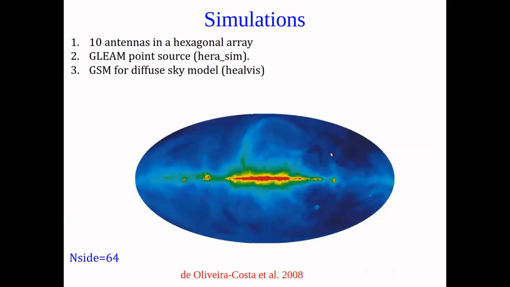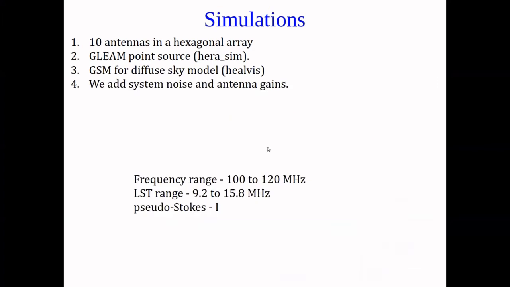Also, we have added a diffuse sky model, the GSM sky model, for the diffuse part. And we also add some system noise based on the autocorrelation of the visibilities, and also introduce some bandpass. So this is the total simulation setup, and we repeat the simulation for this 100 to 120 megahertz, and this